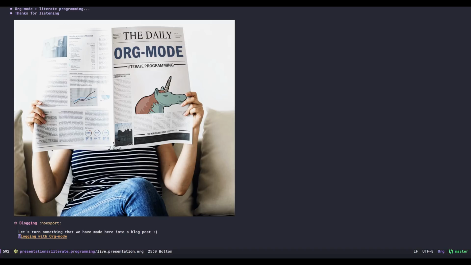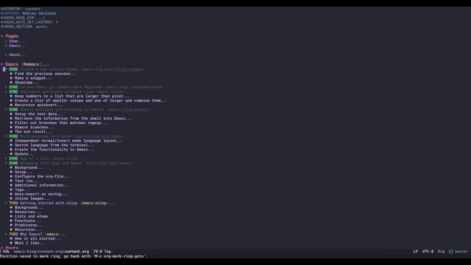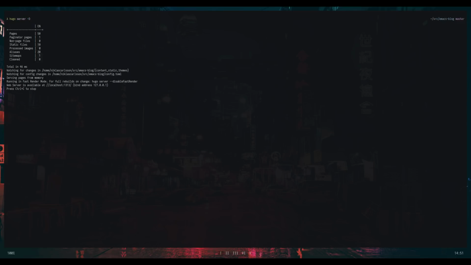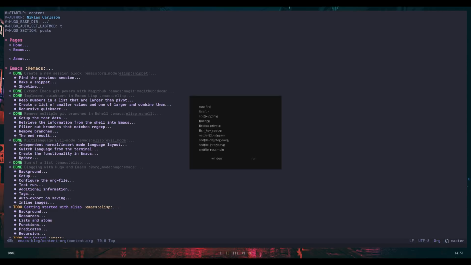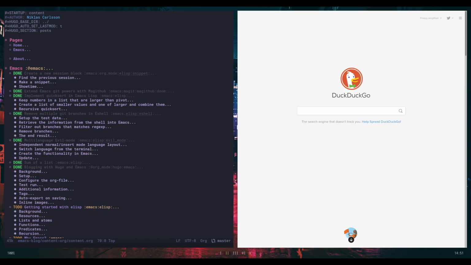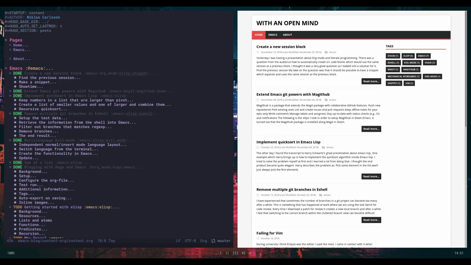So I will go through this link into my Emacs-based blog, and what I will do is start a server here, and then I will open Firefox and navigate to localhost. And here's actually the content of the org mode file. So here's the org mode file. Here's a statically generated website. So let's look at how we can actually